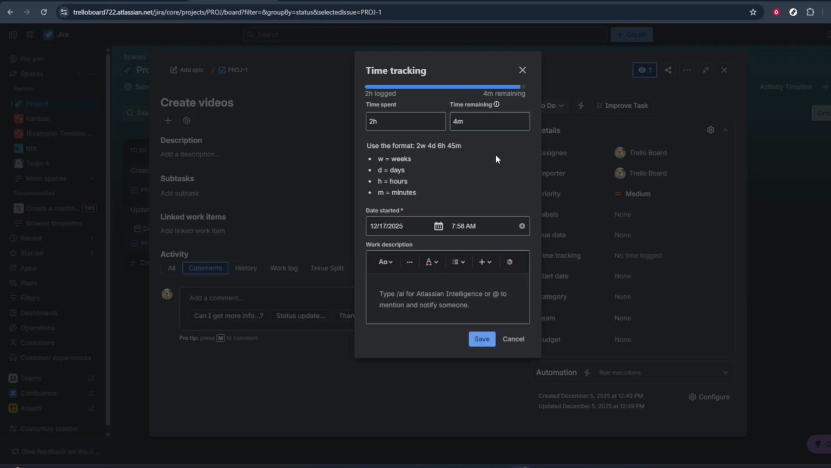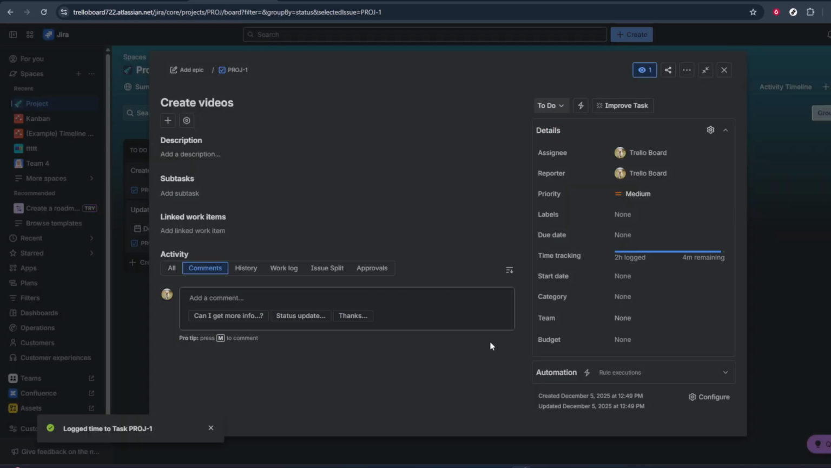After filling in the necessary details, review them quickly to make sure everything is accurate. Then confirm or save your entry. Your logged time is now recorded under that Jira ticket and will